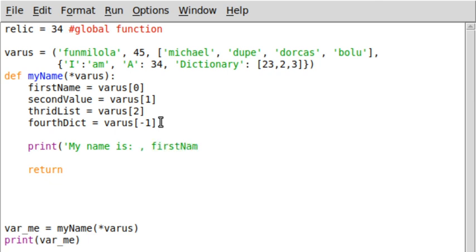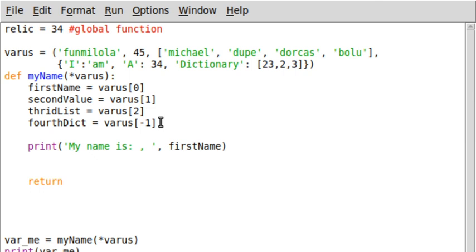All right, so let's just do something like print my name is first name. It's going to say my name is formula. Then let's say print I am, comma, str second value